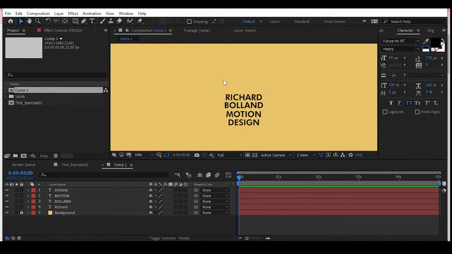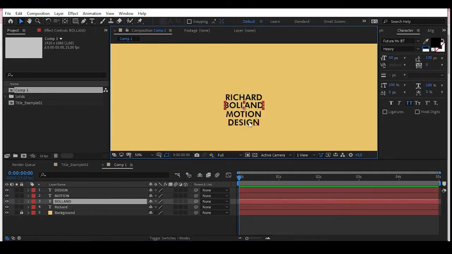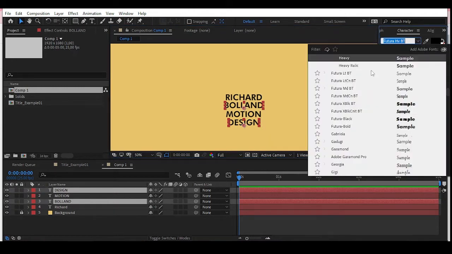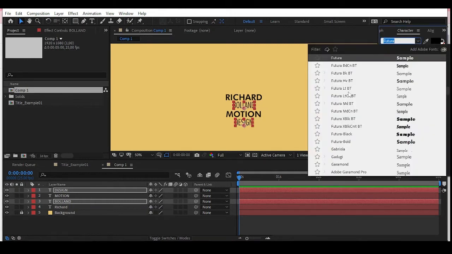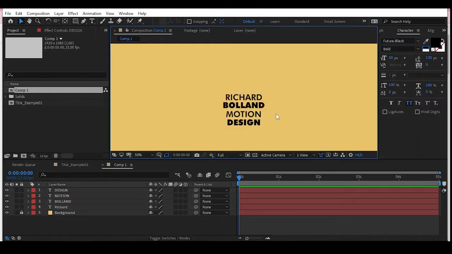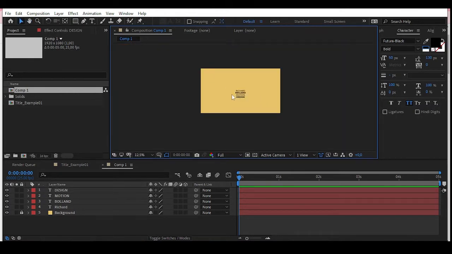And just to make these texts a little more interesting, I'm going to take these two and just give them a different style of font. Maybe not that one. Maybe this black one. So we have a nice text design here to be in the middle of our